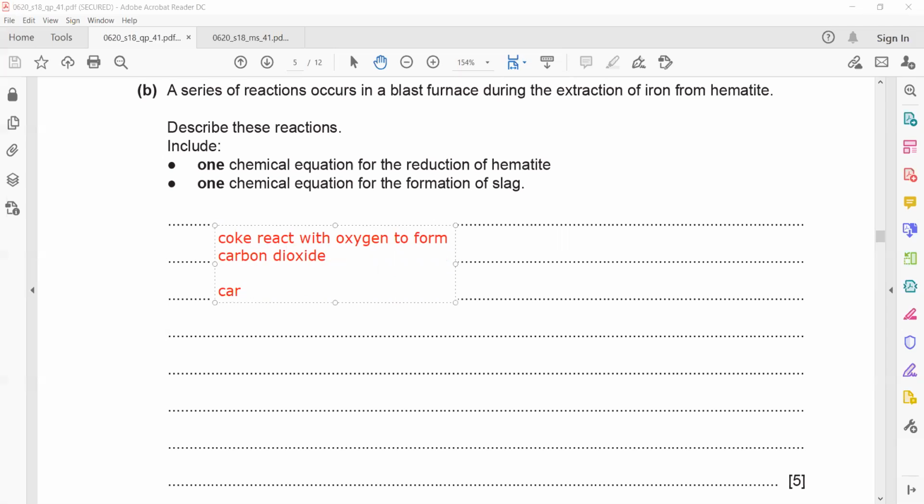Then carbon dioxide reacts with coke to produce carbon monoxide. Carbon monoxide is a good reducing agent